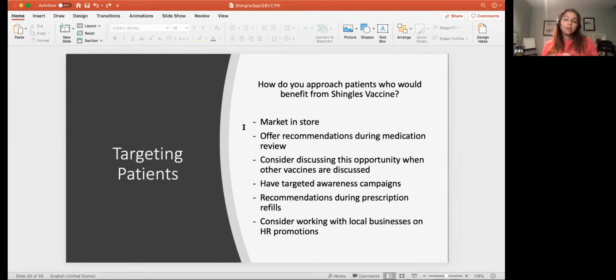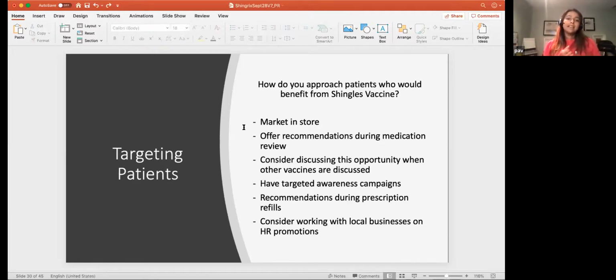You can have targeted awareness campaigns. This could be those who are within a certain age range. You take a look at the medication that they're on, so you know that they have dual triggers, both age as well as immunosuppressant medication, and reach out to those patients and make sure they are aware that they may want to consider the shingles vaccine. As well, you may want to tag it on as an FYI for prescription refills